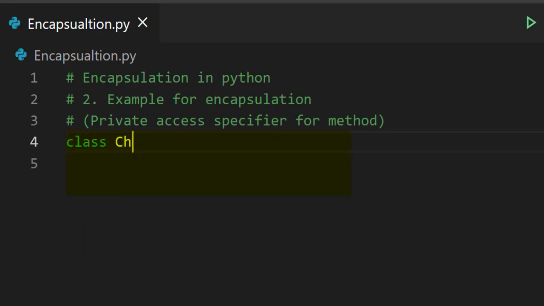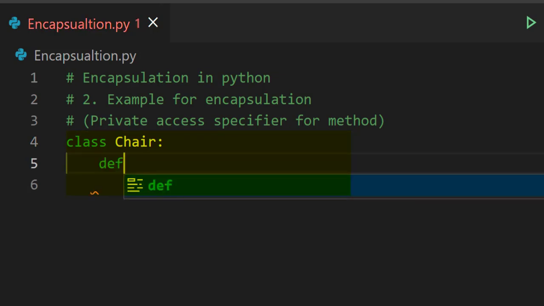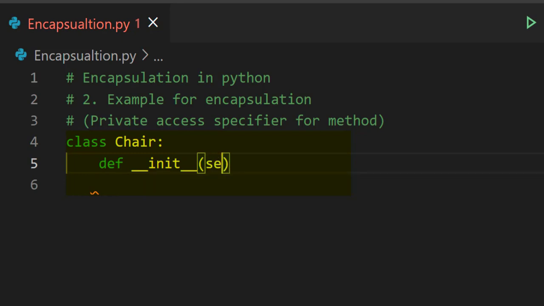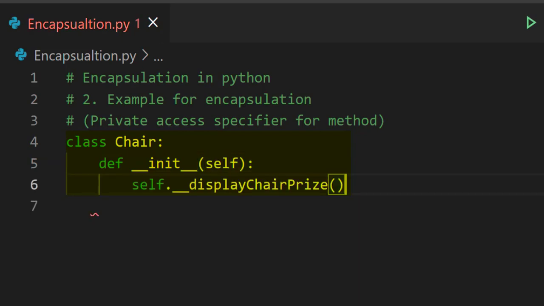First we'll create a class, that is chair, and then define the init method with self parameter and then call a private method, that is self.double_display chair price. Here double underscore indicates that the method is a private method.